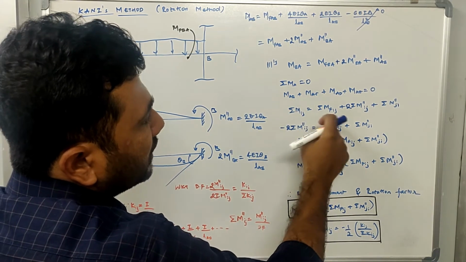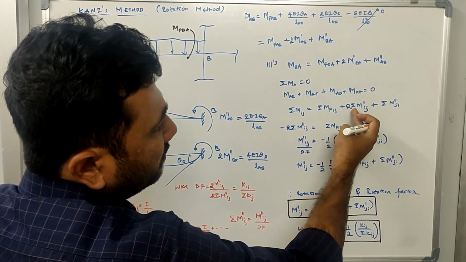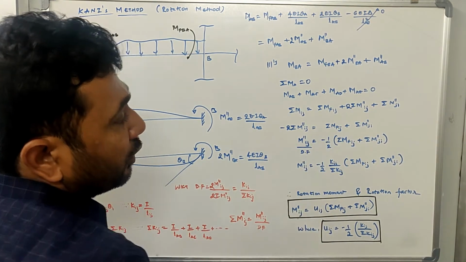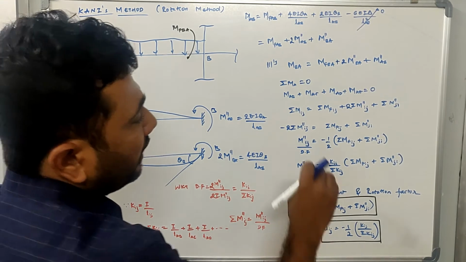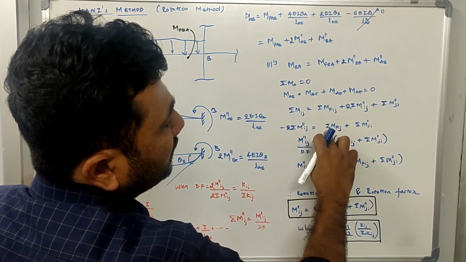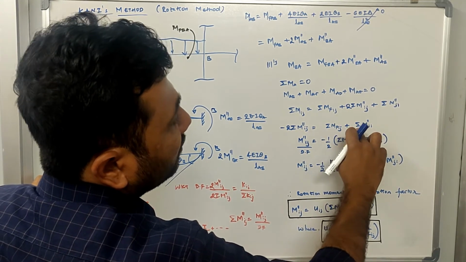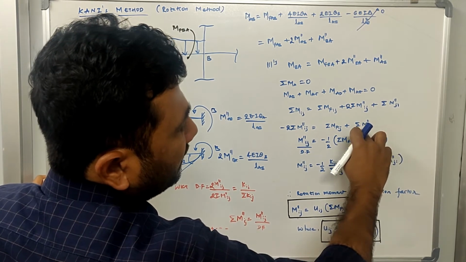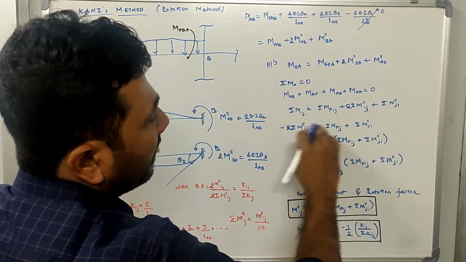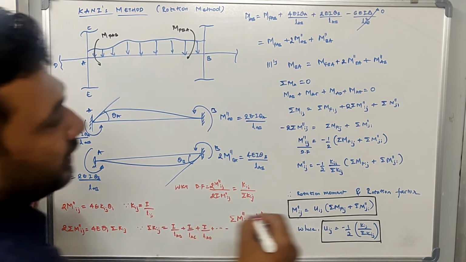If I equate it to 0, what I'll do is bring this term 2 into summation of m double dash ij to this side. So m double dash ij is representing the rotation moment because of the near end. Okay, so minus 2 summation of m double dash ij is equal to summation of m fij, which is the summation of all the fixed end moments, plus summation of m double dash ji. M double dash ji is representing the summation of all the far end moments. Okay, so now this equation has been generated. Let us call this equation 1.